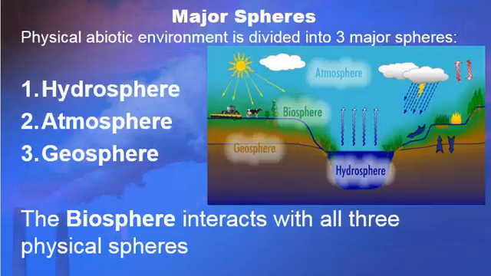So there's a couple important background things here that you're going to need to know to understand what's going on. So the first thing is a few terms related to different systems that we can look at in Earth. A lot of times we will refer to one of these systems when we're talking about cycles or when we're talking about things that are happening on Earth. So you need to know about these three major spheres that make up the abiotic environment. So all the non-living things are kind of grouped into one of these three categories.